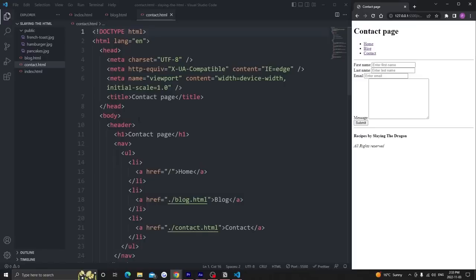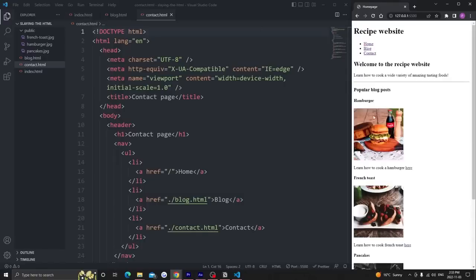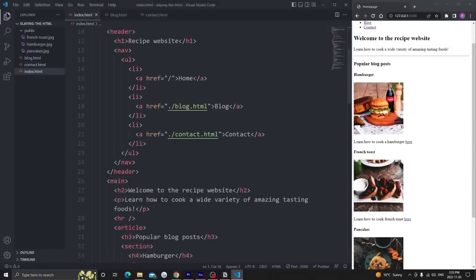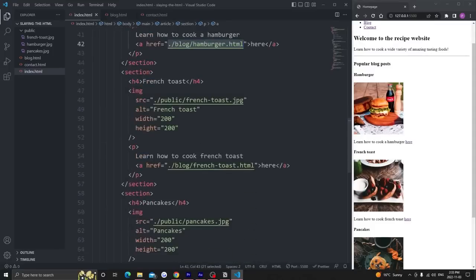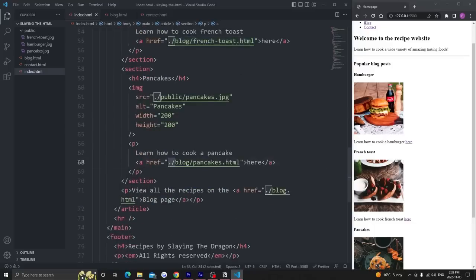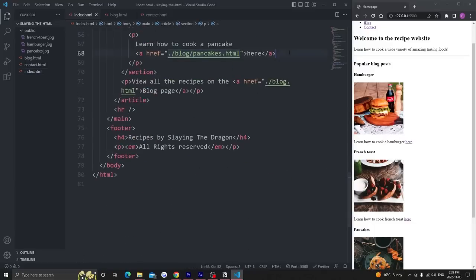We're almost done. Going back to the index.html, on the article section, I said that the route to our blog posts would be inside a blog folder, which is why in the href of these hyperlinks, we have /blog/hamburger.html, /blog/frenchtoast.html and /blog/pancakes.html. We need to create this blog folder in our root directory and give it 3 HTML files: hamburger.html,